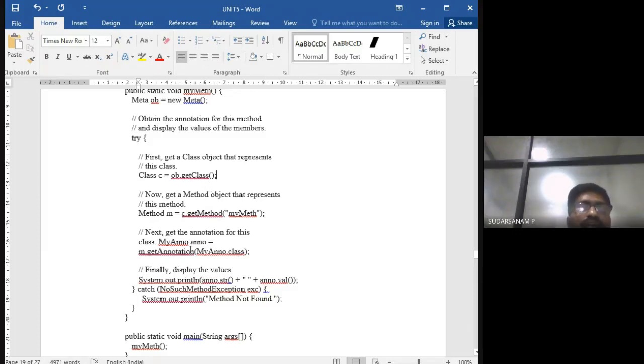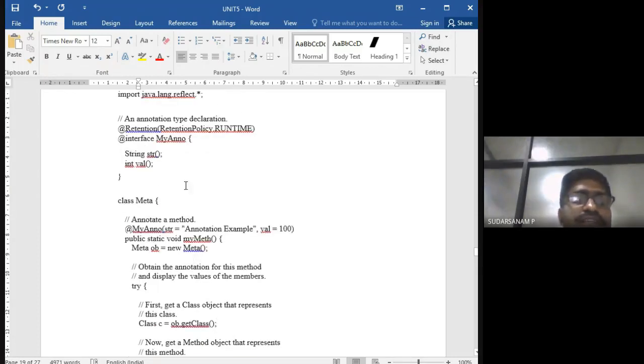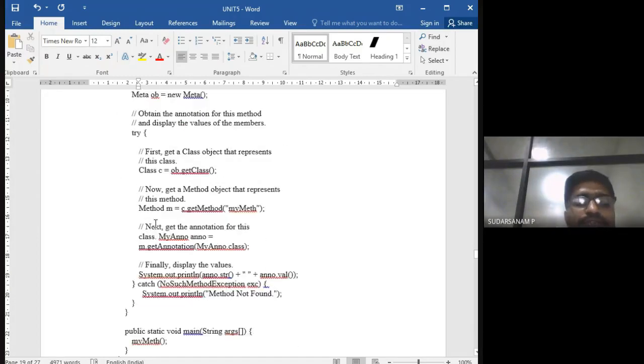Another one is getting the annotations, the link between the two things. That is the reason we will be writing this at runtime, giving the JVM the link between the program and the interfaces. Now let us go for this one.